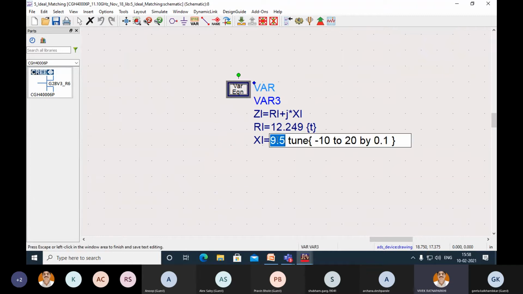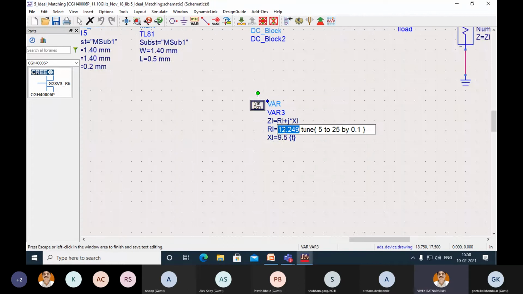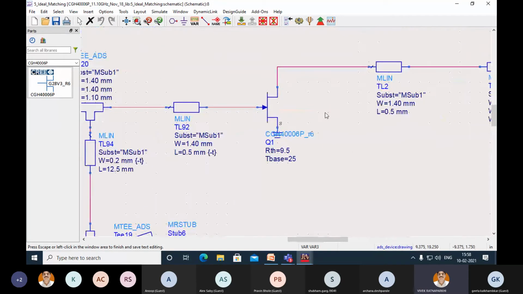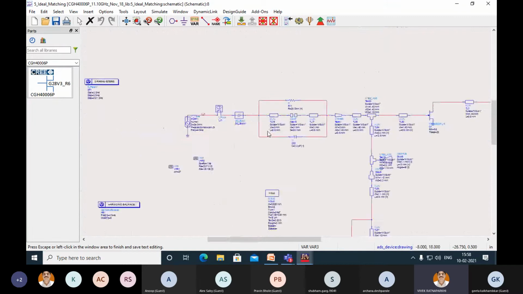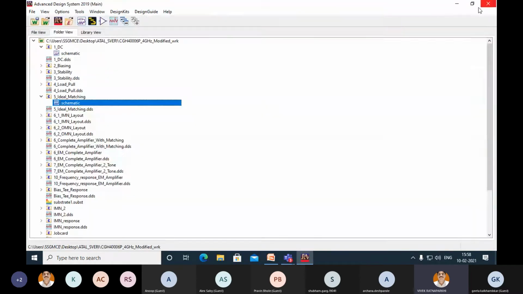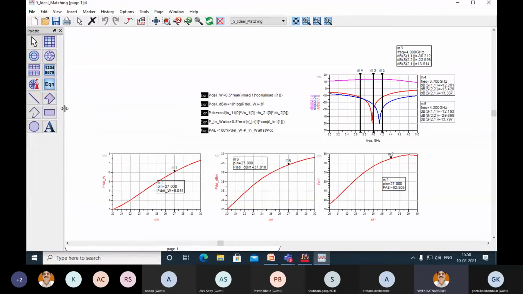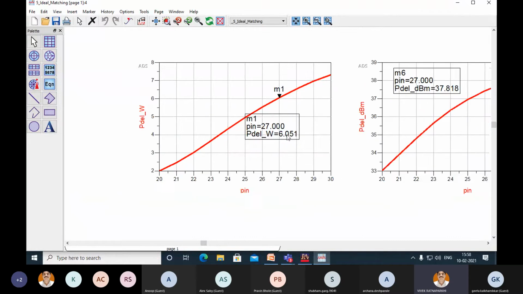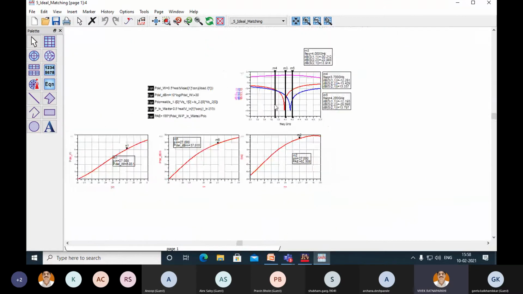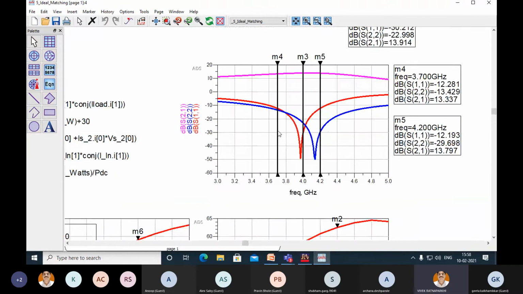You can see these values are a little different from the load pull because I have tuned them. And why have I tuned them? The impedances which you have got from load pull are there, but they do vary with respect to frequency. So you have to vary these impedances and find the best set of impedances which will result in the best output performance of your power amplifier. So you keep plotting the output power delivered, maybe in watts and dBm, the power added efficiency, and the small signal response S11, S22 and S21.